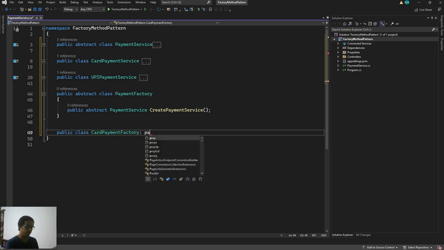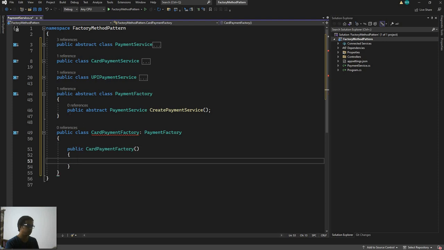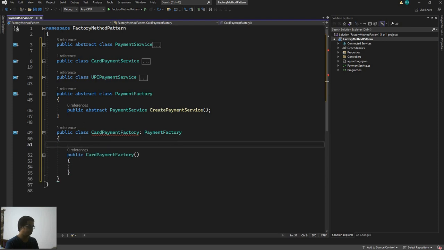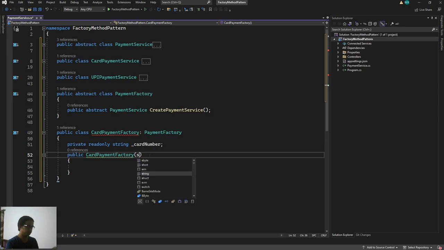This will inherit from payment factory, and this will have this constructor, and before that we will have the same property, that is private readonly string card number. It will take the card number, string card number,